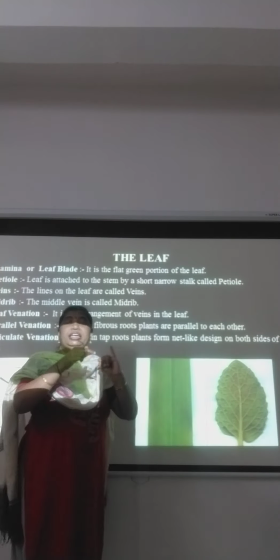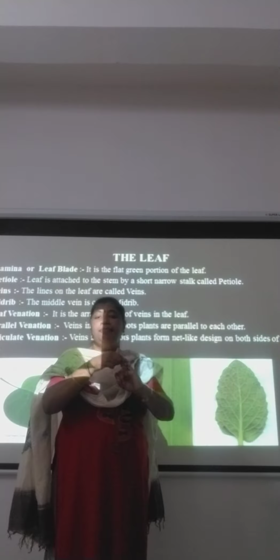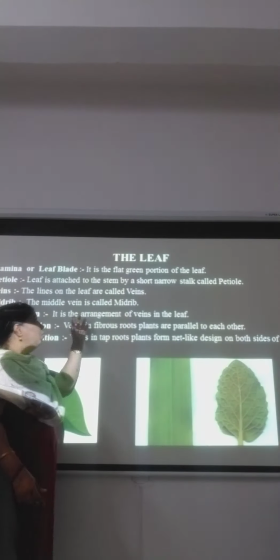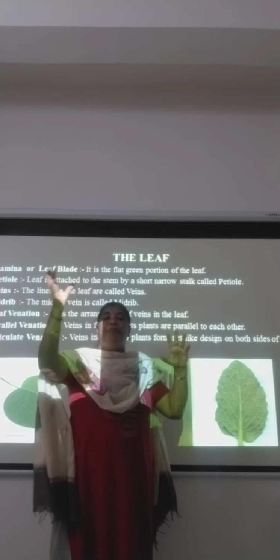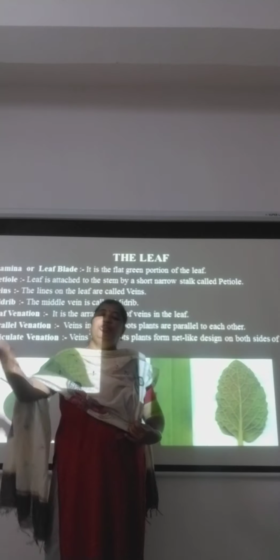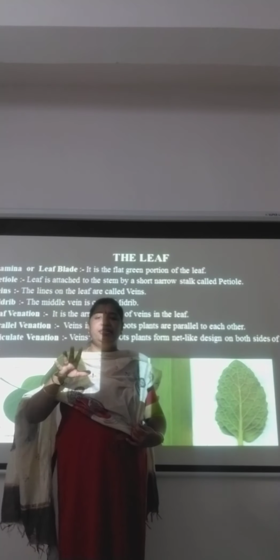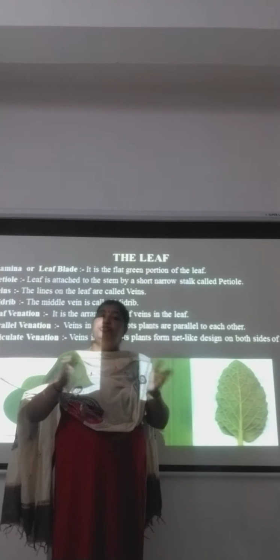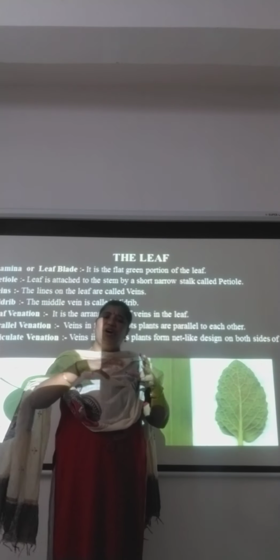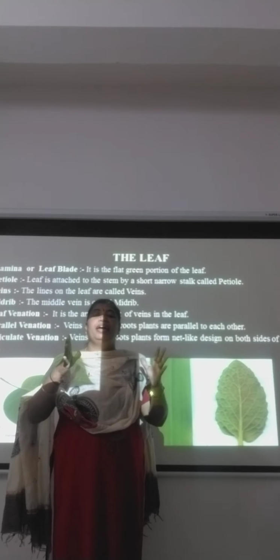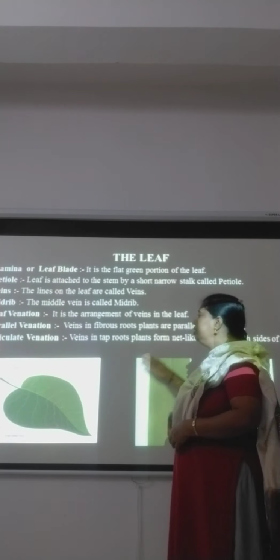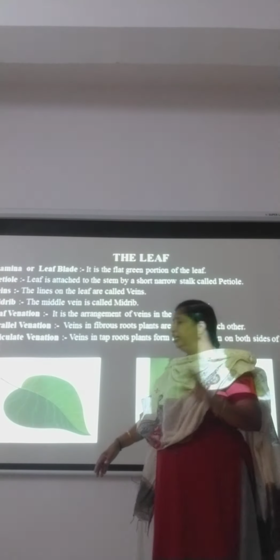Yes, so now we have seen root is over, stem is over. Now let us look into the leaf. Now what is the leaf? The green color part which is visible to us outside is the leaf. Right? Now are all the leaves of same size? No. Are all the leaves of the same shape? No. Some plants have different textures also. Right? So let us see what we mean by a leaf, and what are all the things that are present on the leaf?